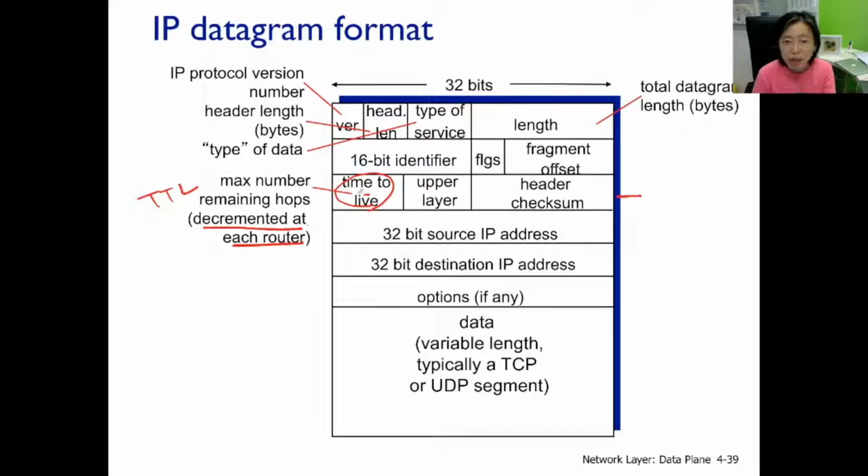When this value reaches 0, this router is going to discard the packet entirely. That is also saying a packet, given n as the TTL, will only be able to hop n routers on the internet, and afterwards it's going to be just dropped. So time to live is regulating how many hops the packet can travel on the